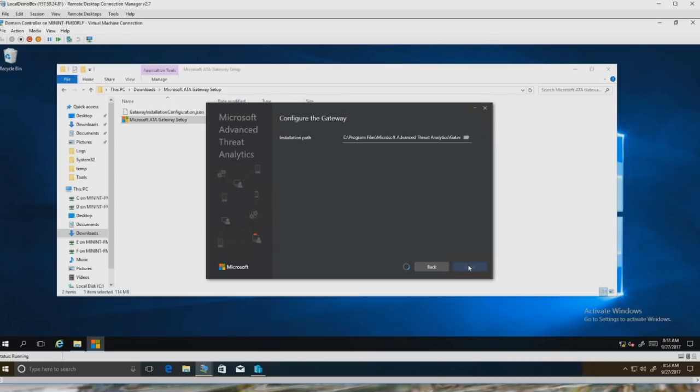Now in terms of storage on the lightweight gateway, you don't need a lot of storage because all we're really storing there are the binaries for the service and the logs themselves. But to make sure you've got enough room for the performance logs as well as the troubleshooting logs, you need somewhere between 5 and 10 gig of space where you install the lightweight gateway service.